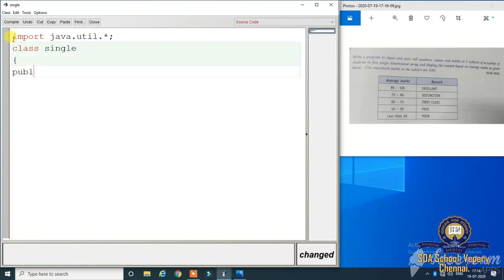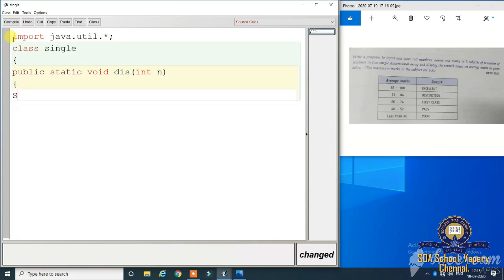I am declaring the method public static void display. I am declaring one argument, that is int n. n represents the number of elements. Now I am opening the method.